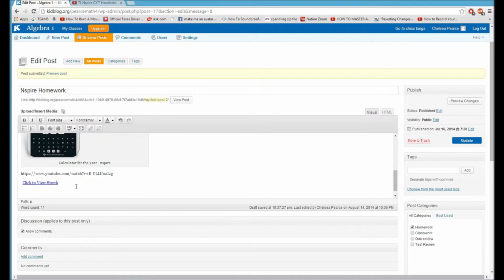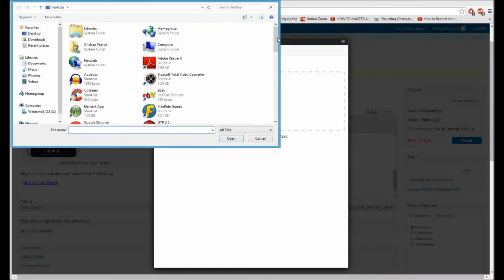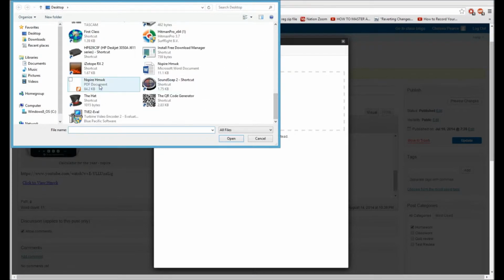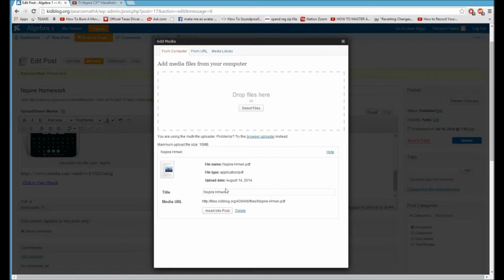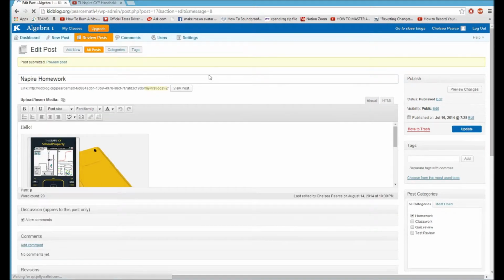And then I'm going to also click on that same icon and get the PDF. So it was at the bottom. There it is. Yay! And I put the PDF in it. And so when I update and view the post,